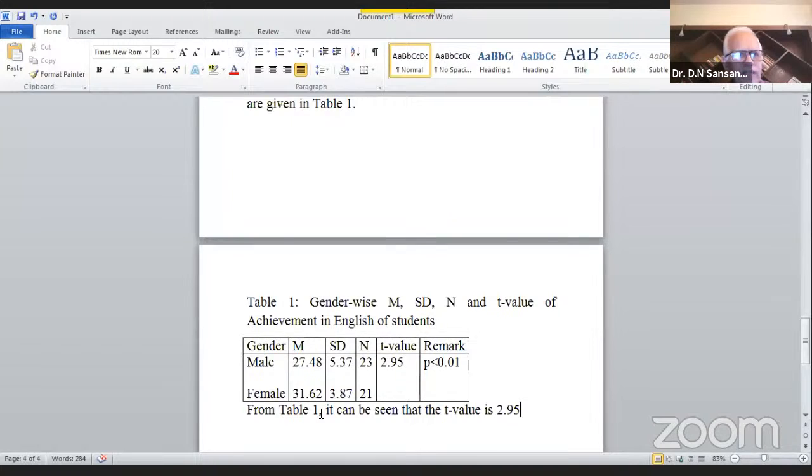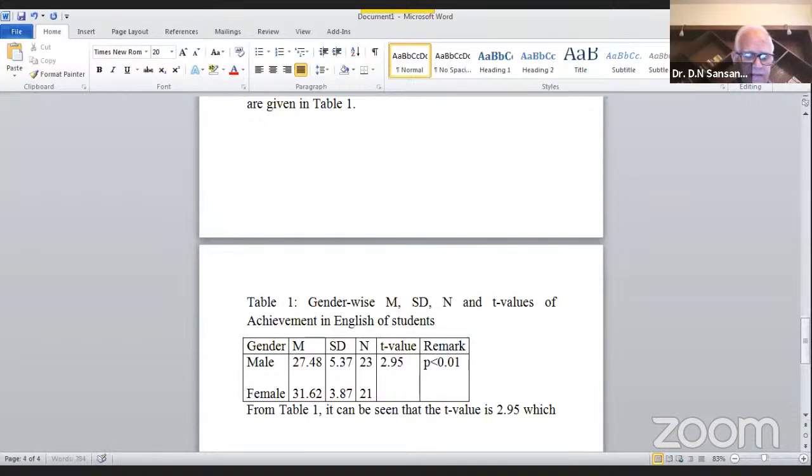So all these are the calculated values. You should not write that. You should not use the word calculated. If you want to improve the quality of your interpretation, you should be careful in using the words. So from table 1, it can be seen that the t value is, it is not values. t is only 1. Here I have written values, gender wise mean value, standard deviation value, n value and t value. So this values is for all these statistics, mean, standard deviation, n and t. So here it is all right, but here it is t value because there is one value,